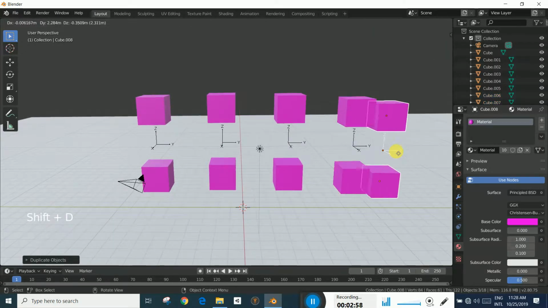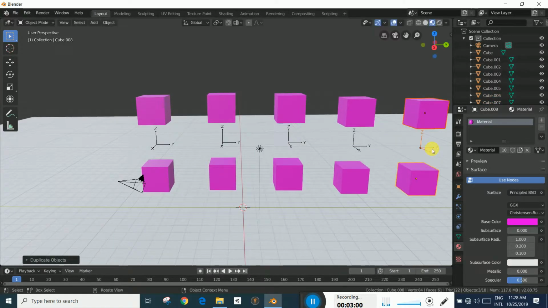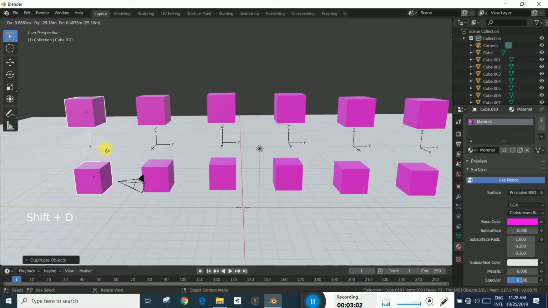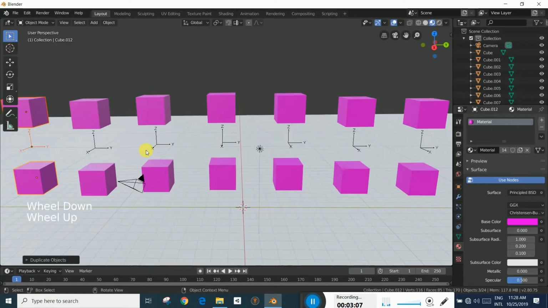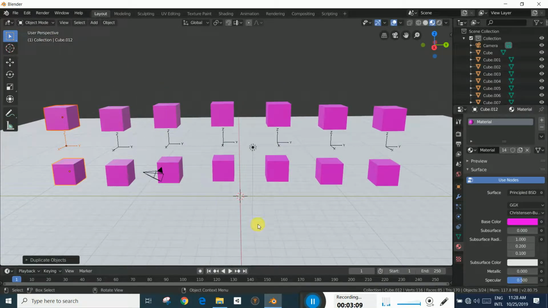So these are now 6, and this is 7, and this is 8. In this ground